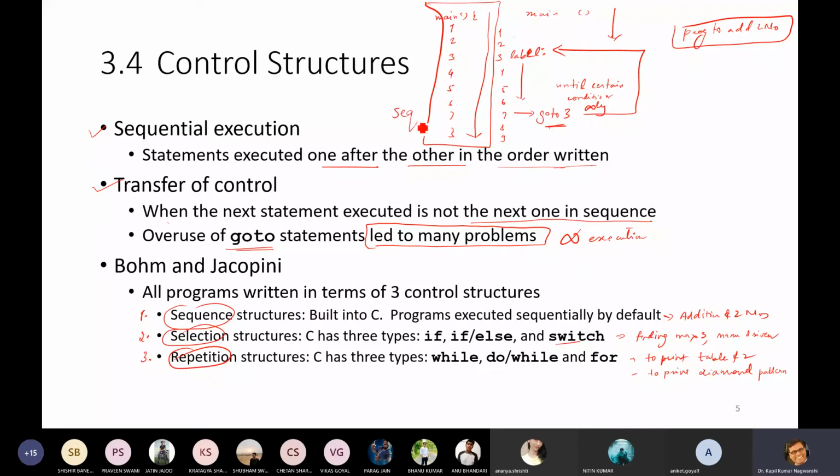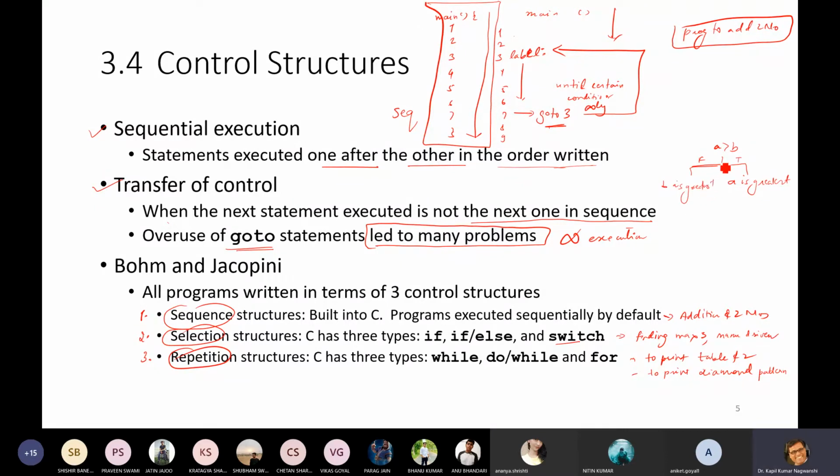So it shows sequence. Now come to transfer of control. When some conditions are there, like if a is greater than b. Okay, so we have transfer of control to certain branches. Like if a is greater than b, it is true, then a is greatest. And if it is not that, then b is greatest.